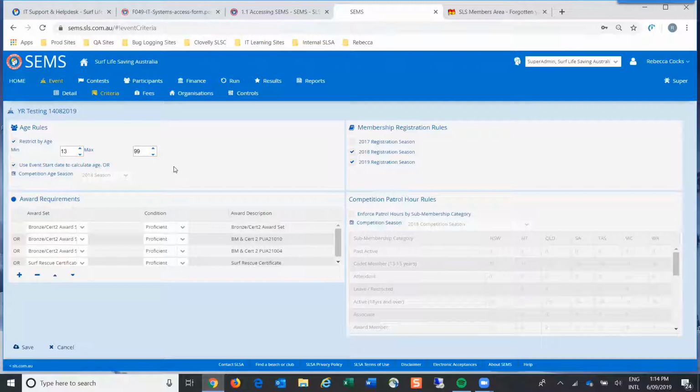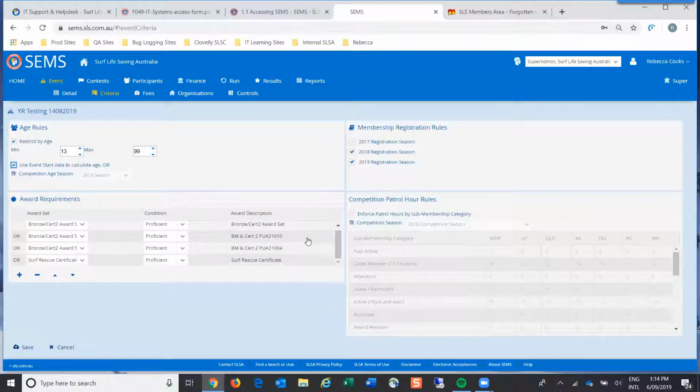In that case, the start date is the actual day that the event starts, and you can choose to calculate the competition age, or you can use the competition age season, okay? So that's how I would turn it off, but if we're enforcing it, we turn it on. Majority would be competition age season, but that's to highlight the difference to you. So that's overall, that covers everyone who wants to enter into this event.